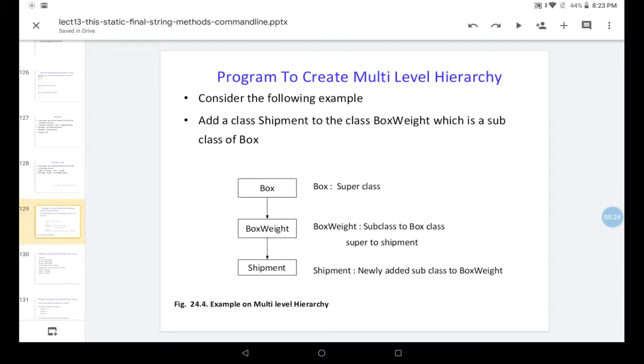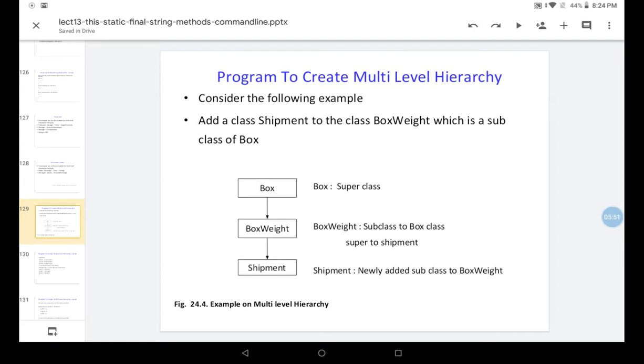If you see the example, add a class Shipment to class BoxWeight, which is a subclass of Box. If you remember, we have seen the Box and BoxWeight classes in previous classes. Box is the superclass, BoxWeight is the subclass.